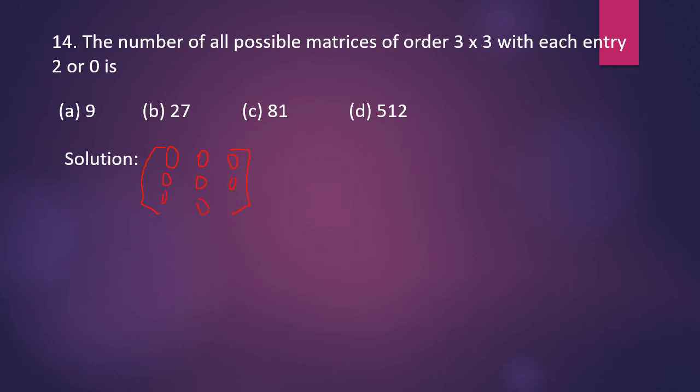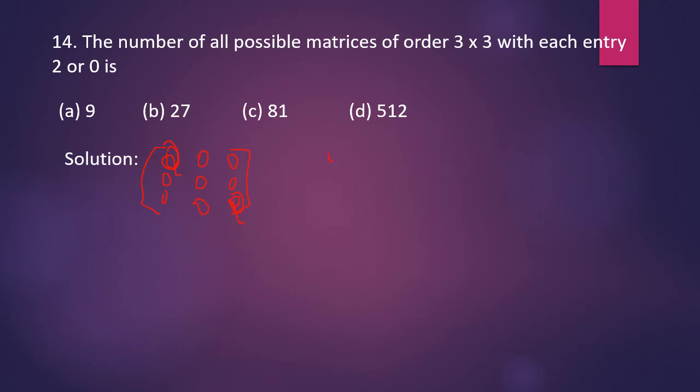So this is one form here. Now instead of 0, if I take 2 here, this is one more matrix. Here again, instead of 0, if I take 2, you will get one more matrix. So we have to collect all such 3 by 3 matrices here. So there are 9 spaces in each matrix. Each can be filled by either 0 or 2, that is 2 choices here.